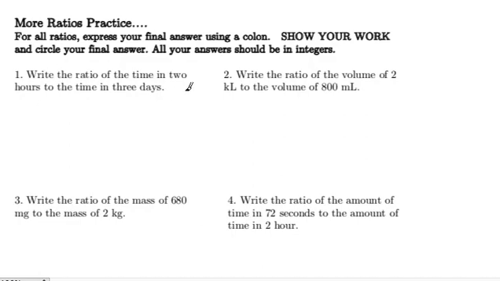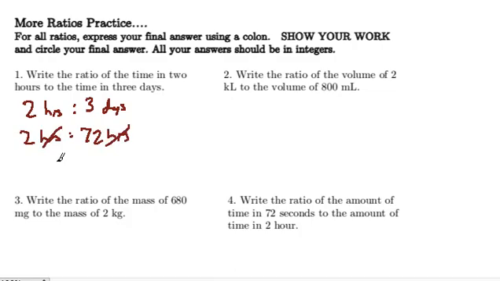Write the ratio of the time in 2 hours to the time in 3 days. So I start off 2 hours to 3 days. Then I'm going to get them in the same units so I can cancel the units out. That's 2 hours to 72 hours. Cancel the units out. 2 to 72, that's a fraction I can reduce. 1 to 36, that's my answer. That's how you show your work for this, right? Write the ratio